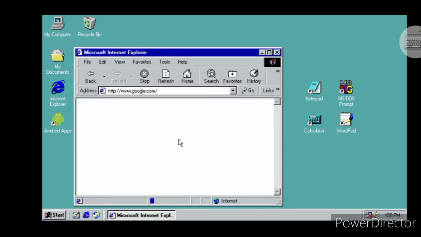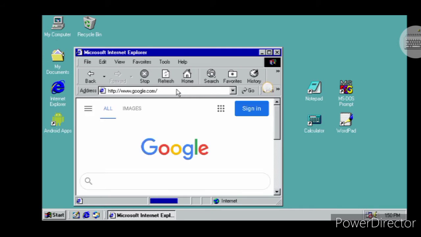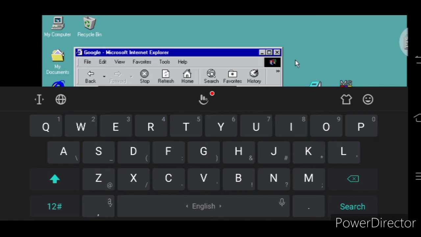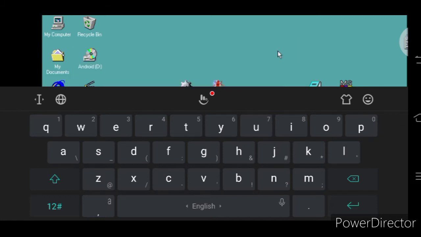If you see here, Google is opened. You can also see here images, Microsoft Internet Explorer, favorites, tools. You can also search here. For searching, you will open a keyboard. Now press on the dock.